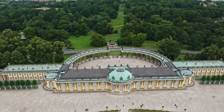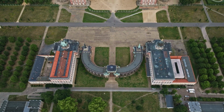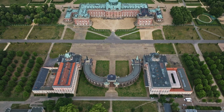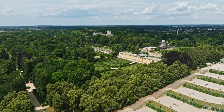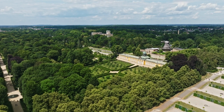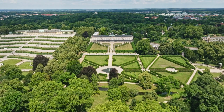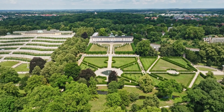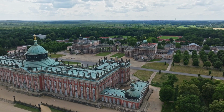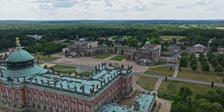But Sanssouci's story doesn't end with Frederick. Over the years, it has weathered wars, survived revolutions, and witnessed the rise and fall of empires. Today, it stands as a UNESCO World Heritage Site, a testament to human creativity and our enduring quest for beauty and peace. As we end our journey through Sanssouci, I hope you've felt some of the magic that makes this place so special. Perhaps you've even found your own moment of being sans souci, a brief respite from the cares